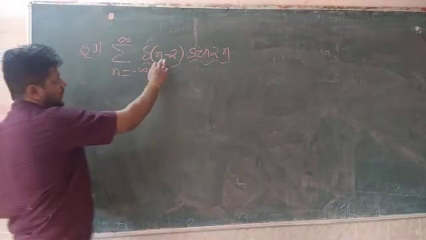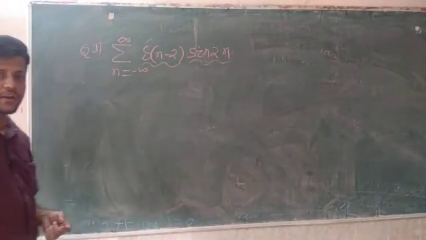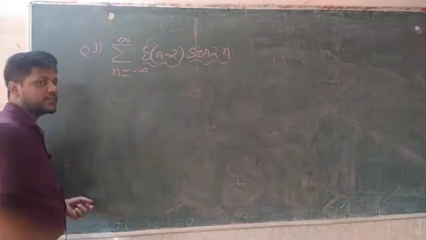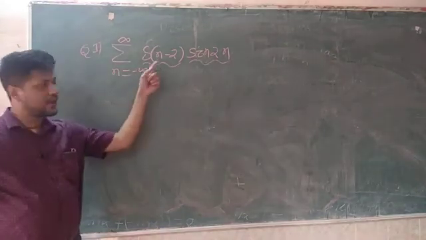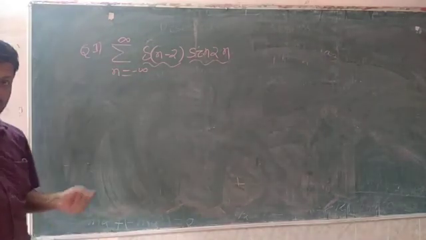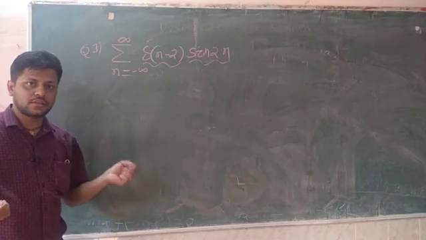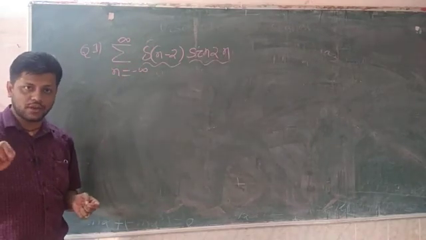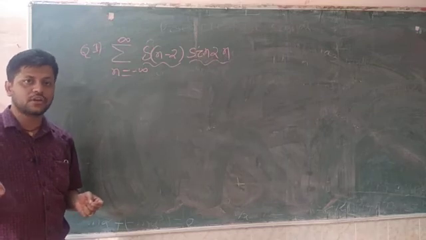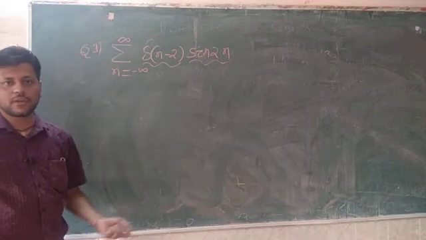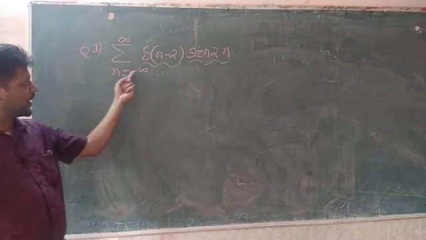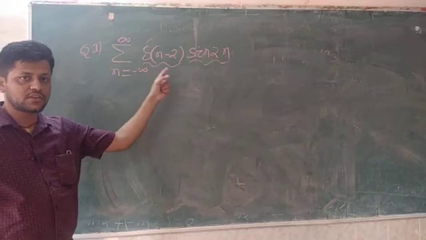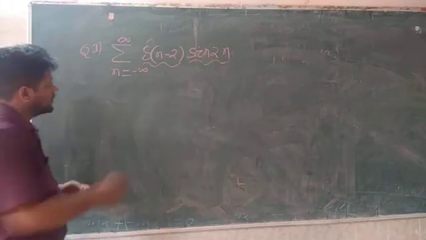The moment you see n minus 2 inside the bracket of delta n, this is the impulse, and we have studied that an impulse exists only when the bracket value equals 0. Since the amplitude is 1, only at n minus 2 equal to 0 is the amplitude 1, and for the remaining values the amplitude is 0. Although n varies from minus infinity to infinity, this impulse exists at only one point. And what is that point?